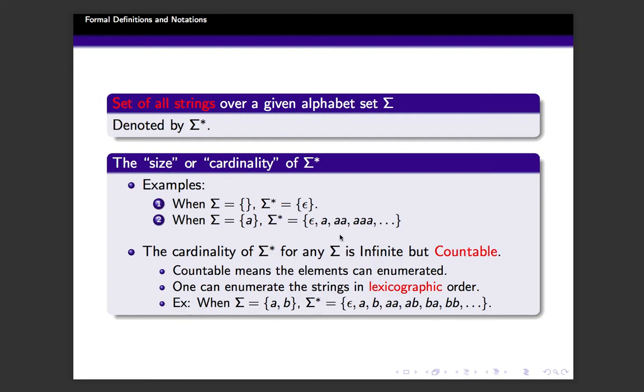So for this set sigma star, here we have a particular order in which the elements can be listed. So we know the first element is the empty string, second element is A, third element is B, fourth element is AA, etc. And what will be the next element? In this order it will be AAB. So we know which is the ith element, we can list it. And then it is what is called a countable set. And if that is not possible for an infinite set, it is called an uncountably infinite set. And we will see an example today itself.